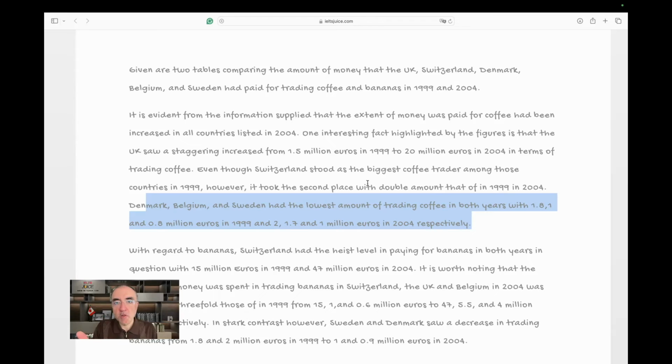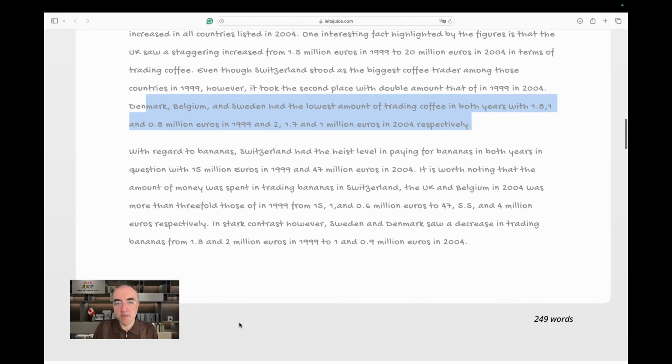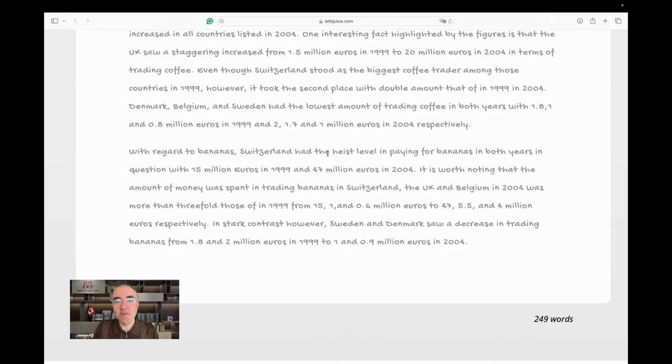The paragraph is about coffee. We talked about the two top players and what happened to them. And there were other players. And here are the numbers. That's a good practice. Moving on to the third body paragraph, which I assume is going to be about bananas. With regard to bananas, Switzerland had the highest